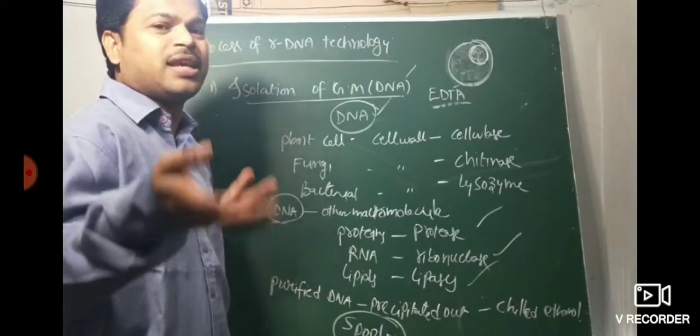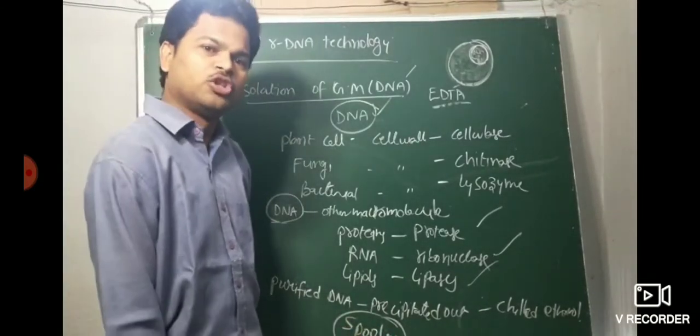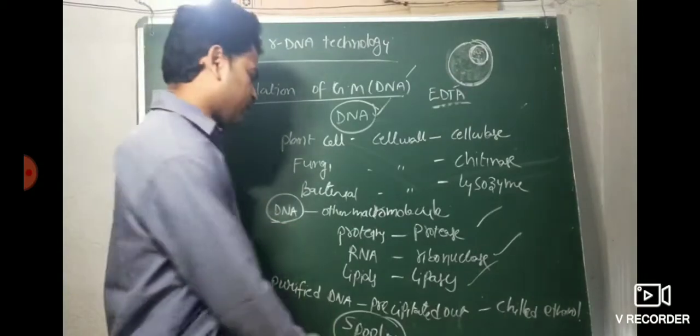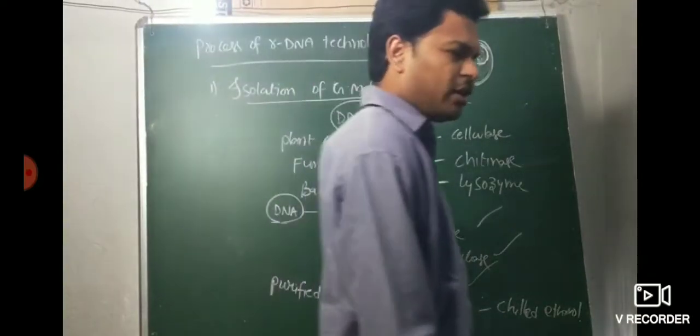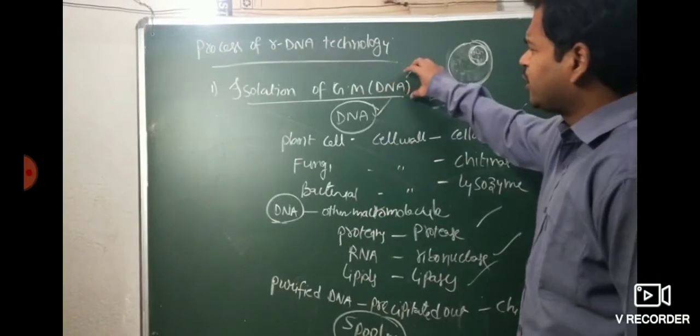The DNA threads are separated by a technique called DNA spooling. So DNA threads are separated by this process. Which is the following process? DNA spooling. This is nothing but isolation of genetic material. So I am going to revise. See here, isolation of genetic material means